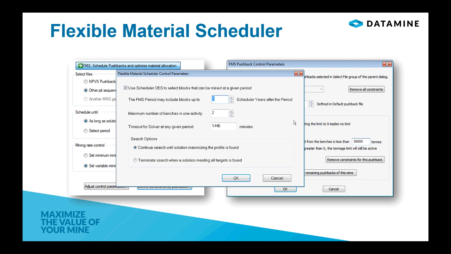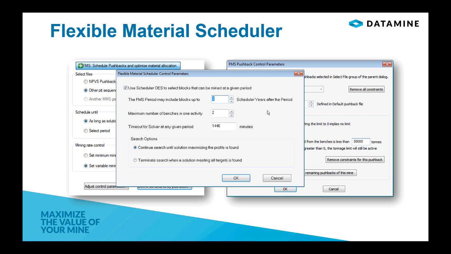What you see here is I have selected this option, and for FMS I allowed to consider only those blocks that are being considered from the conventional scheduler to be mined only up to 3 years